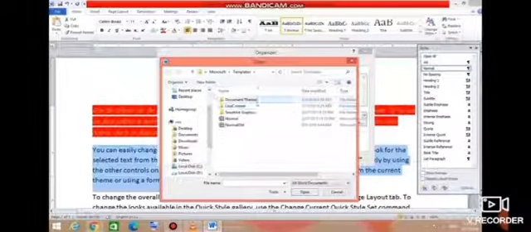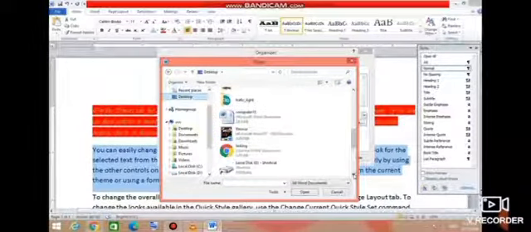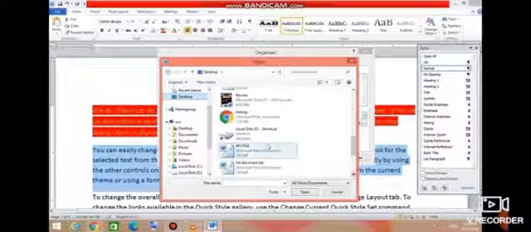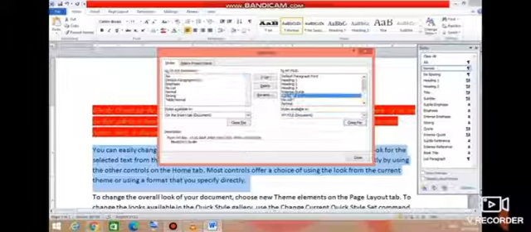Select all word documents from the list. Locate the file from where we want to import new styles. For example, I have selected my file here. The styles of the file, including the new style that we have created, will open on the right side of the organizer.